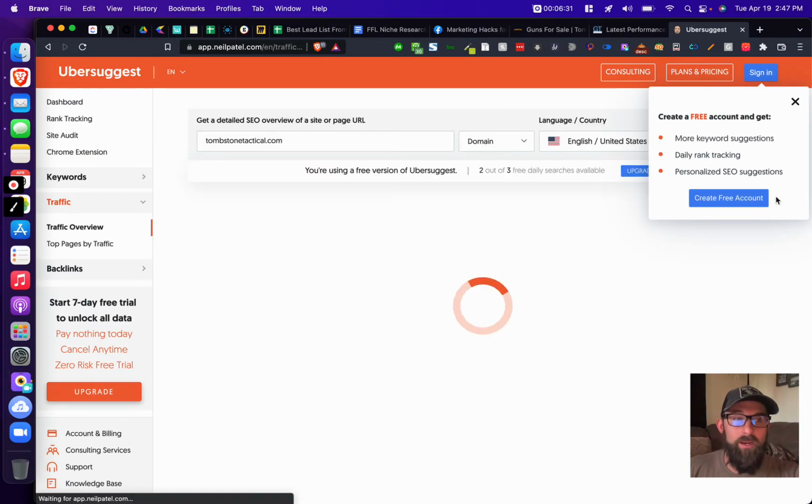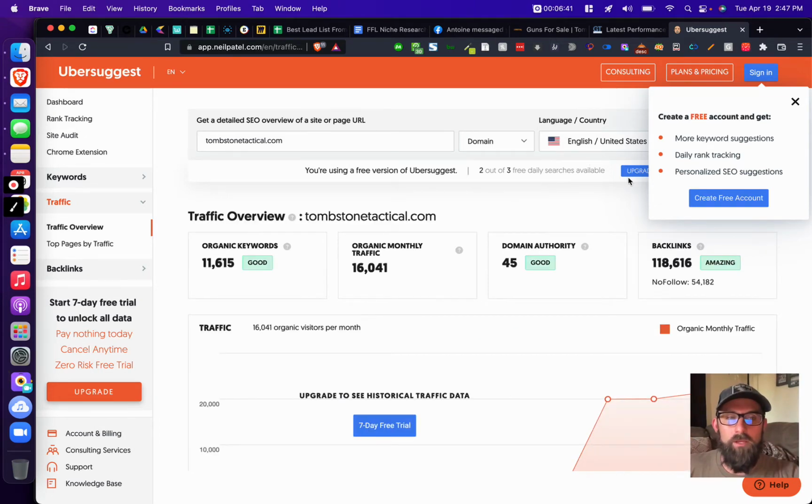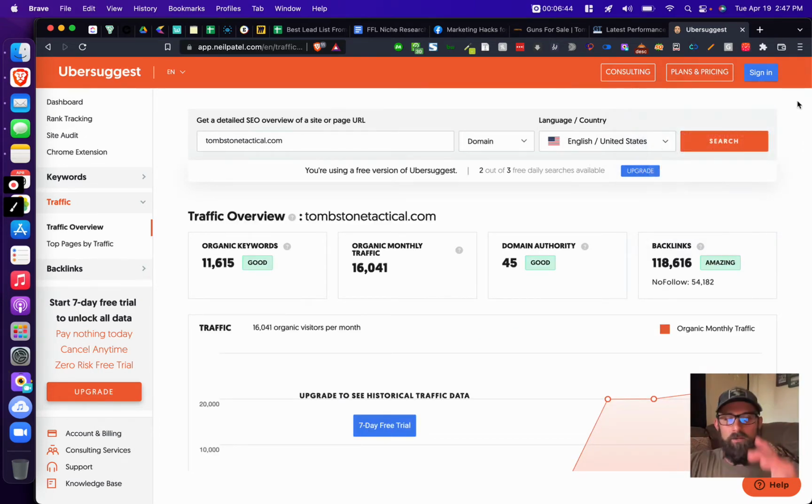Very important right here. Don't click that until the little guy pops up right here. You'll see right now if it pops up, because I've already been on this website today, so maybe it won't pop up. Okay, so we're good. A lot of times there's a little CAPTCHA that pops up, and if you click that X right when the CAPTCHA pops up, it'll freeze the page. It's really weird. Anyways,